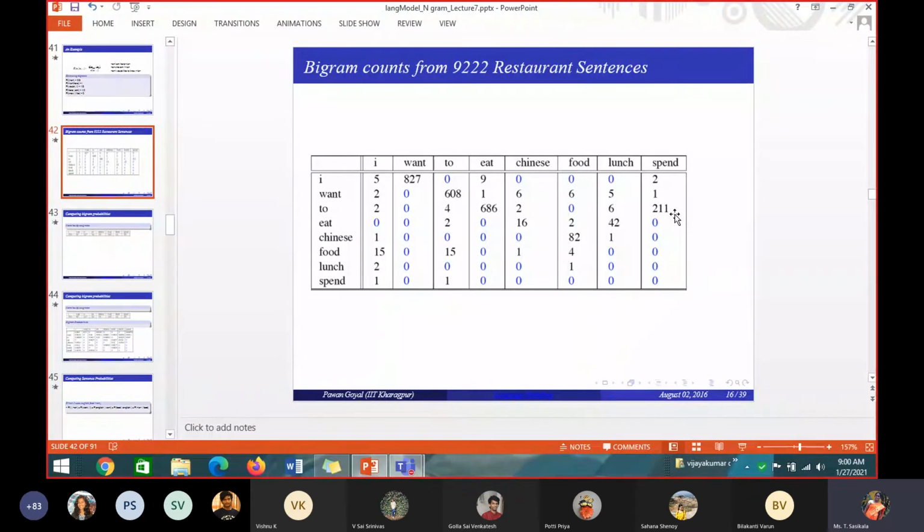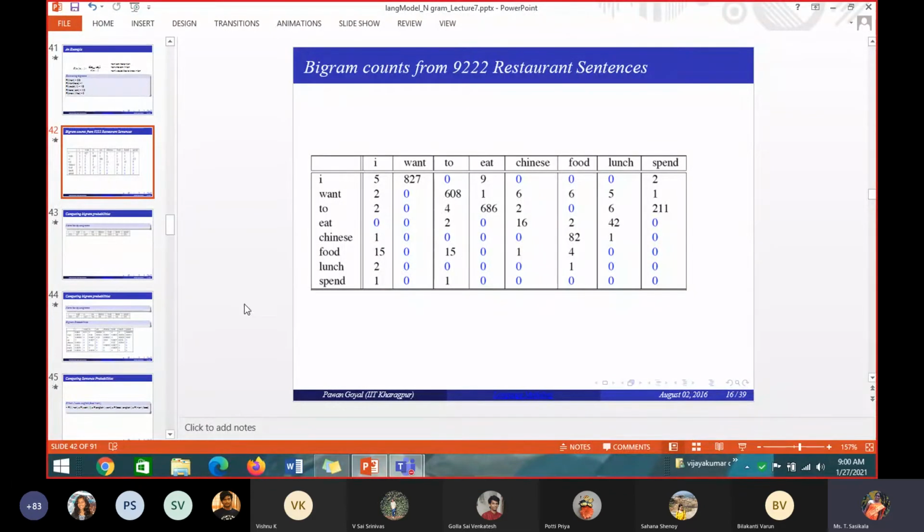So if they are occurring a lot in my corpus, what will I infer out of it? I can tell that these values tell a lot about the corpus, that it is more about ordering of food, eating specific kind of food. So all this I am able to make out, that it is mainly about the restaurant corpus, about ordering food, eating specific kind of food. Okay, so from this I can calculate the probability.